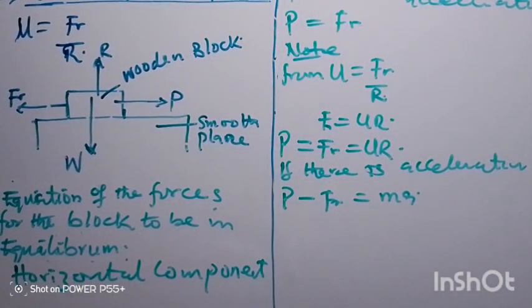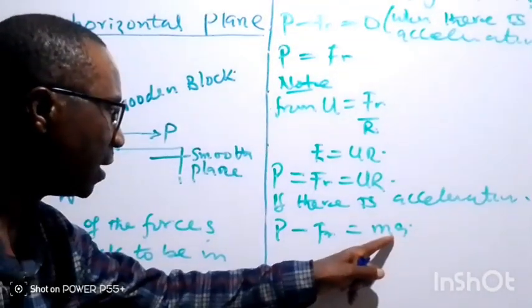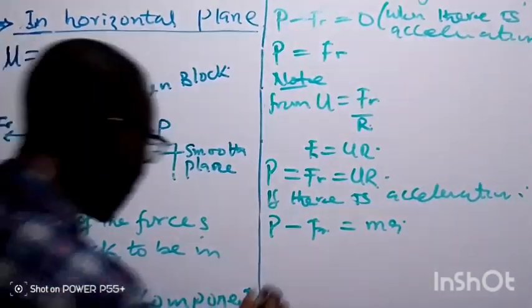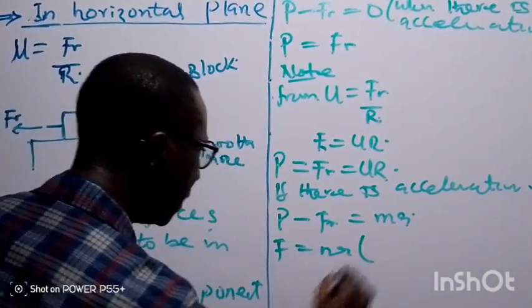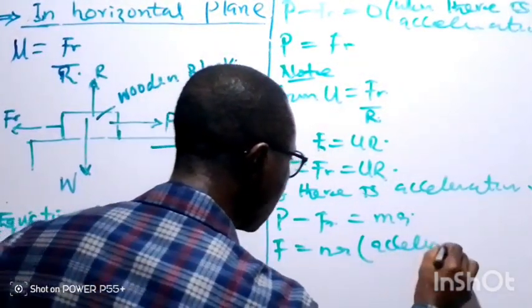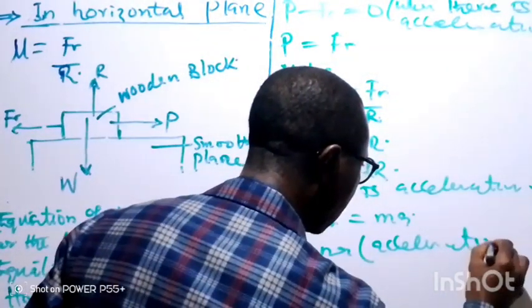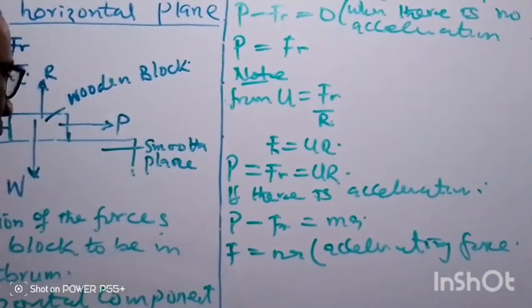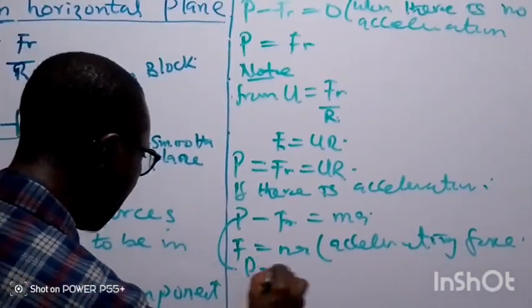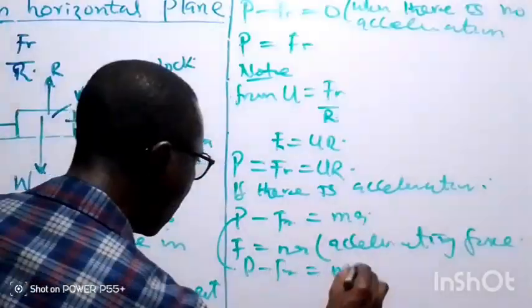Because the force F is equal to ma, this is the accelerating force. By the time we equate it, we have P minus Fr is equal to ma,